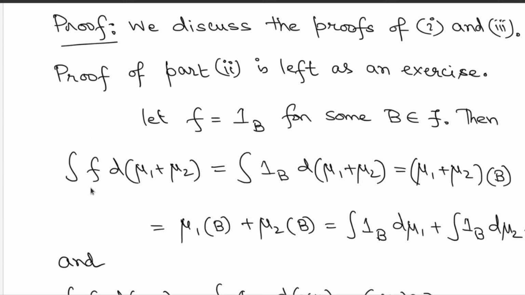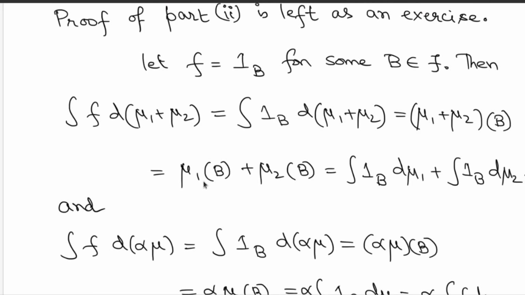So f is chosen to be the indicator of b, and you want to integrate it with respect to the measure mu1 plus mu2, but that is nothing but the measure of the set b with respect to the measure mu1 plus mu2. Now as per definition, this is the measure of the set b with respect to mu1, and you are going to add to it the measure of the set b with respect to the measure mu2. So that is as per the definition of the set function mu1 plus mu2. But then individually they are nothing but the integration of the indicator of b with respect to mu1 and the integration of the indicator of b with respect to the measure mu2,